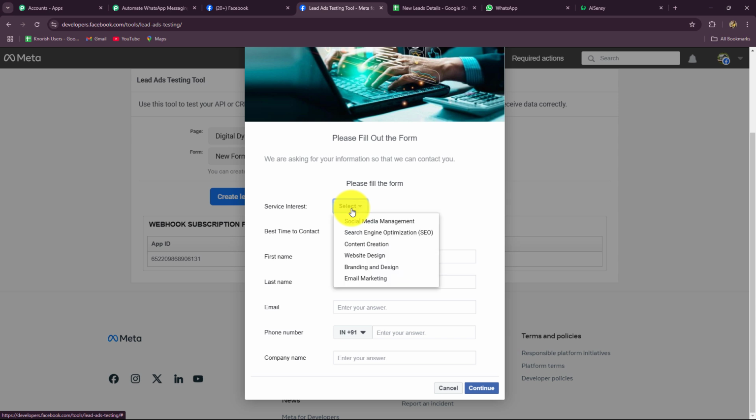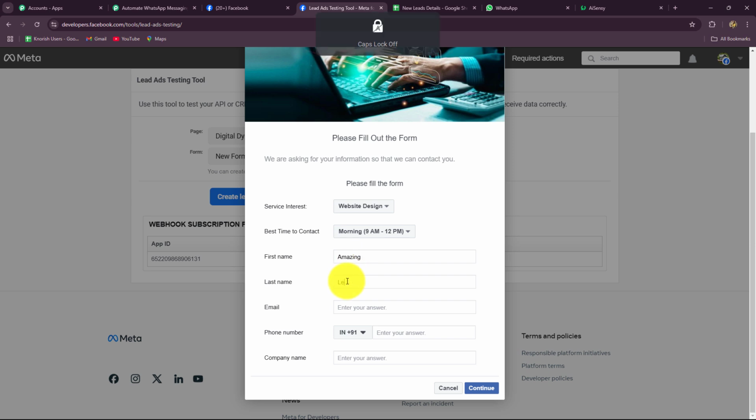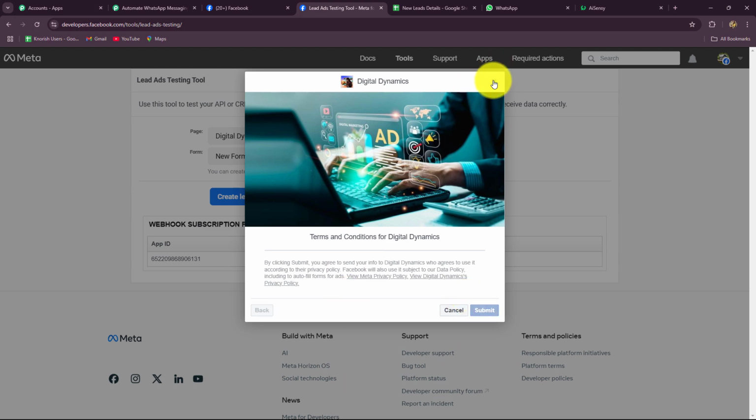Let's start with the interest. Let's say the person who is submitting this form has an interest in website design. Then we have best time to contact, let's say morning 9 a.m. to 12 p.m. The first name of this lead is, let's say, Amazing, and the last name is Lead. Then we have the email. Let's say the email is amazing@pabblytudes.com. The phone number of this lead is, let's say, and the company name is, let's suppose, Amazing Company. Just random details. I'm going to submit this form, and as we have done that, let's go back to